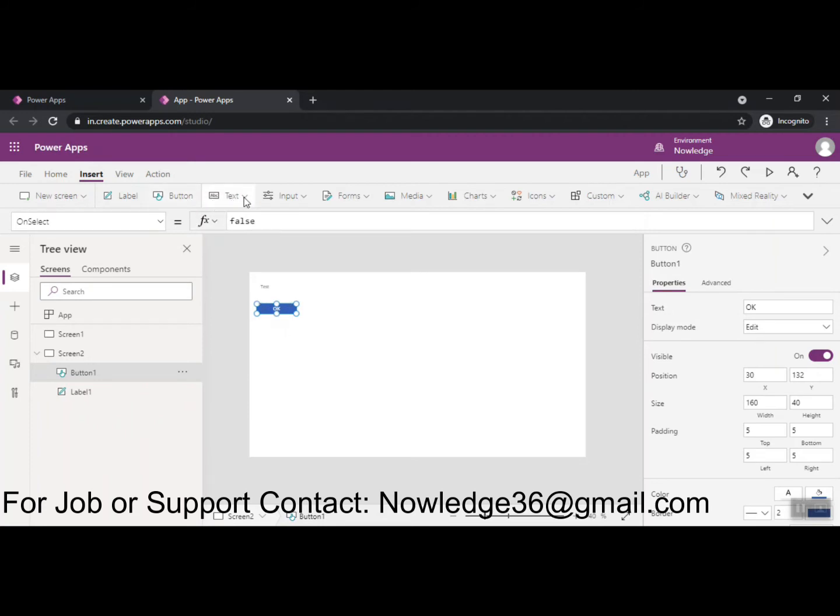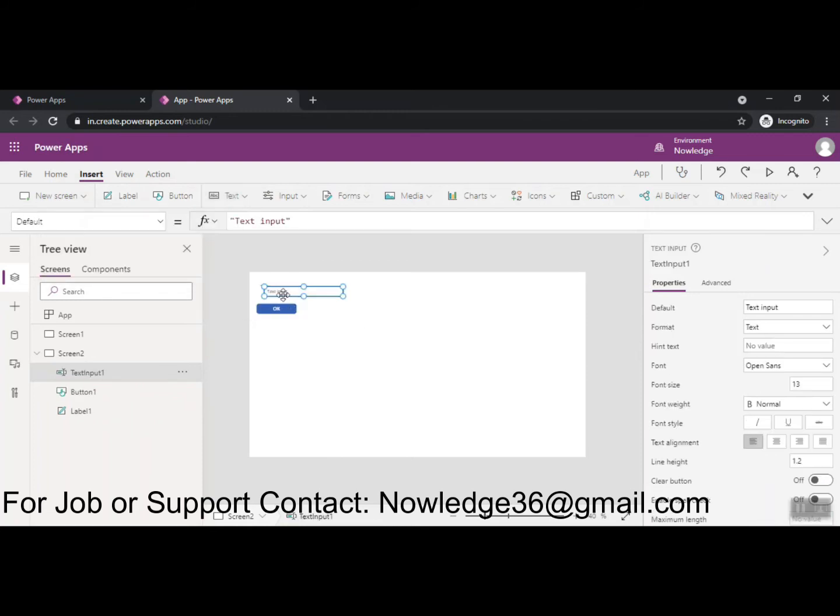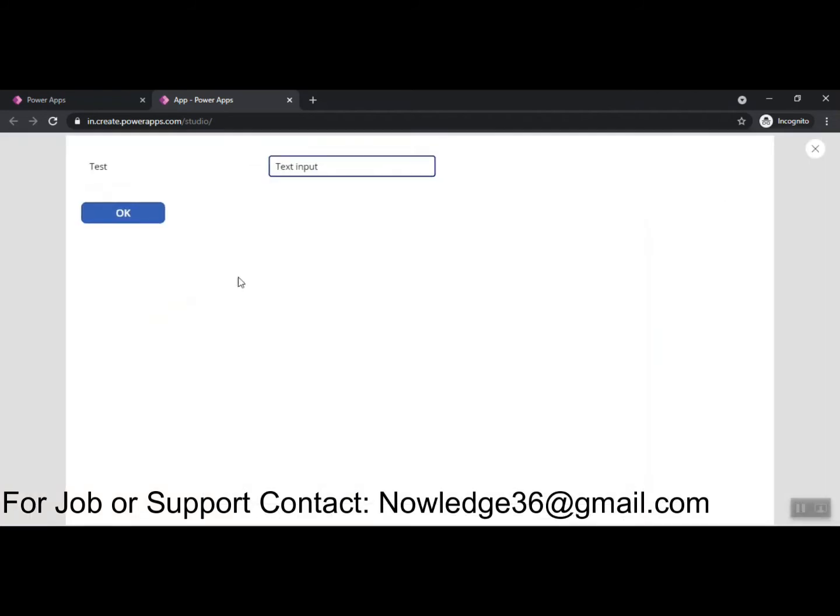And what we have more, label we can add from here or here, depending upon you. There is also a text input, I'll add this text input too. In text input, we can give a hint text too. I'll show you the difference between the label and text input. You cannot edit this label, but you can edit the text input.